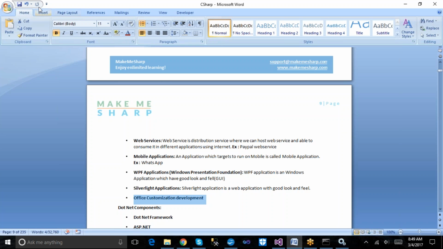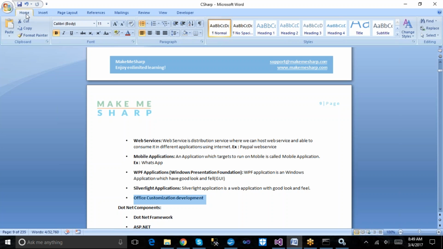If I want to develop my own ribbon in such a way, any new ribbon for my specific functionality, I can develop such a ribbon in .NET. Those we can call Office customization development.